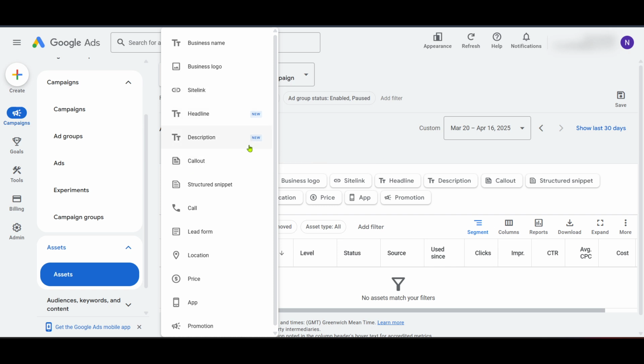And there you have it. You've successfully structured a Google Ads campaign. Following these steps ensures that your advertising strategy is both organized and effective, setting you up for success in reaching and